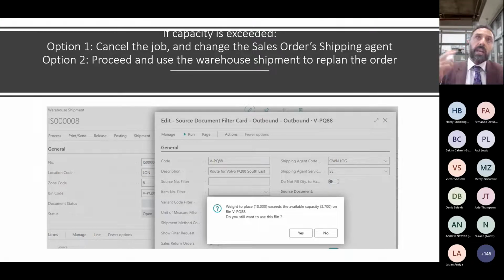The interesting thing is that we have 2 options now that we can do. Number 1, we can cancel the job, go back to the sales order and change the shipping agent, which we can also do. But there is a more sophisticated way of doing it, and this is what we decided to do with my